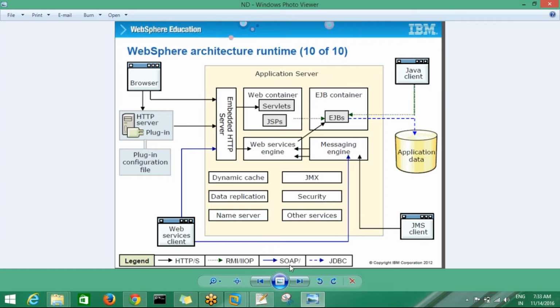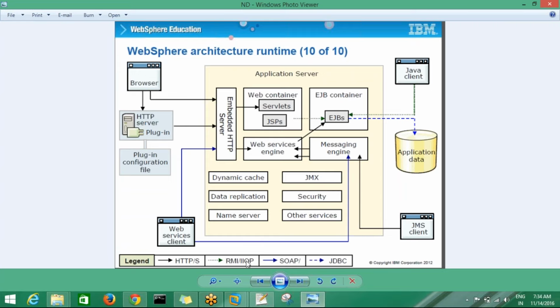And SOAP means Simple Object Access Protocol. This protocol is used to connect one server to another server. In a multiple-server architecture we have different servers, and the different servers connect to each other using SOAP. And RMI, remote method invocation, IIOP.